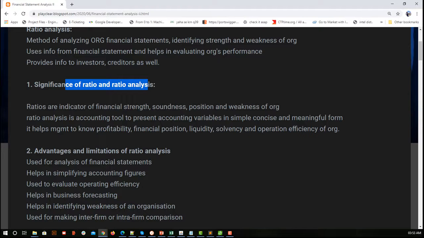Now, significances. We are going to see all those ratios one by one, but what are the major things? It gives us the financial position, liquidity, and solvency. Insolvency means bankrupt; solvency means how stable an organization is. It also shows operational efficiency, in terms of sales, profit generation from the shareholders' money, or profit generation from its current assets. Based on these ratios, an investor can choose a company, or management can take decisions to improve efficiency. But today we are going to see what these ratios are.